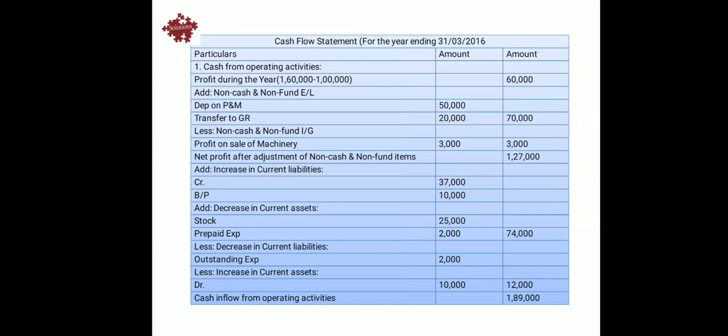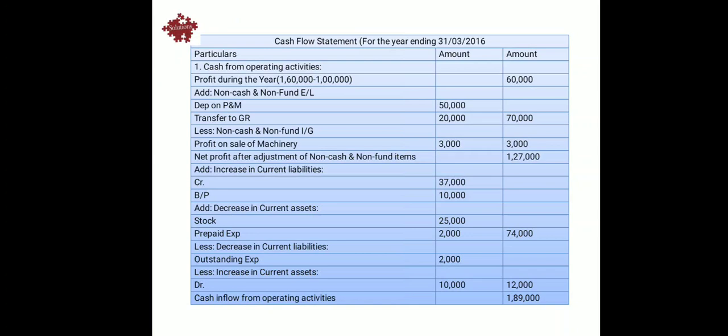And again, I'm repeating, you can start with the closing profit and at the end deduct the opening profit, doesn't matter, or you can take the balancing figure between closing and opening. Fine. So profit during the year: your 1,60,000 closing minus 1,00,000 opening. So we are having 60,000 profit during the year,